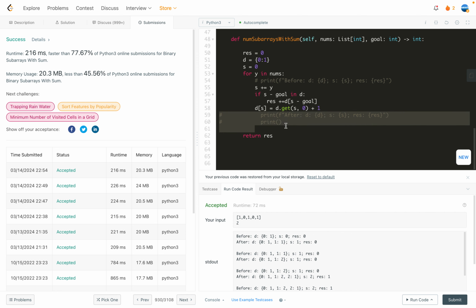So now I just comment out this one, and let's print out the information. So here you can see, before this is the state of the dictionary and the result. Then after we process 1, so 1 appears once. So this is the dictionary state, and s becomes 1, and the result becomes 1. If I look at 0, before this will be something like this, as this line, and then the sum is still 1, but here